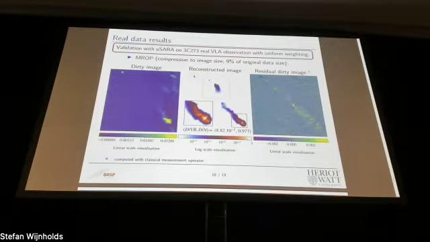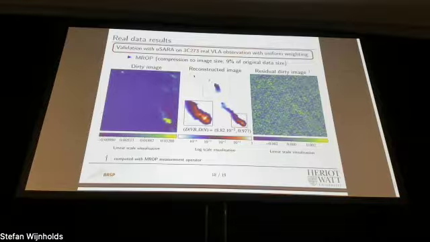And sorry, I forgot to point out that the residual dirty image I show here is using the classical measurement operator so that we can compare the residual directly with the classical scheme. And in this slide, I also show the residual computed with the MROP measurement operator to show that it fits well to its data in the algorithm.